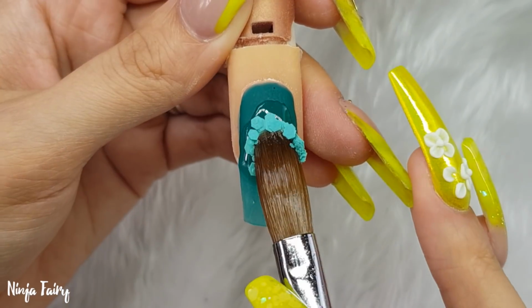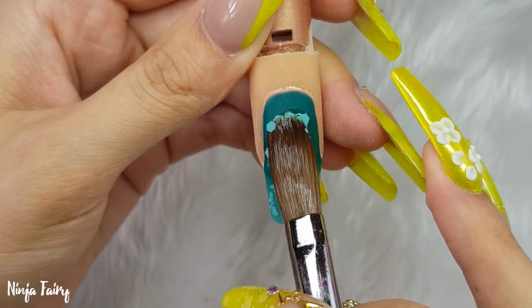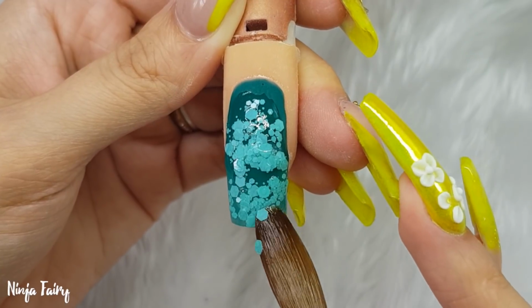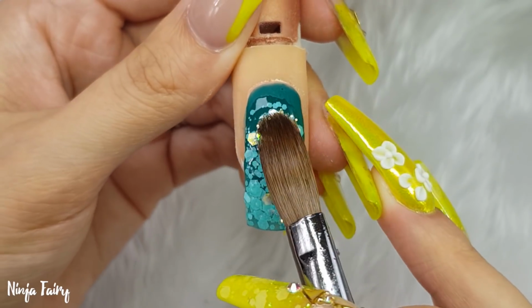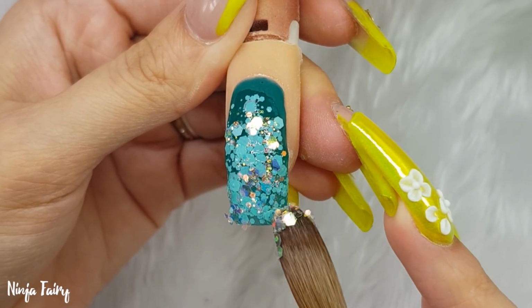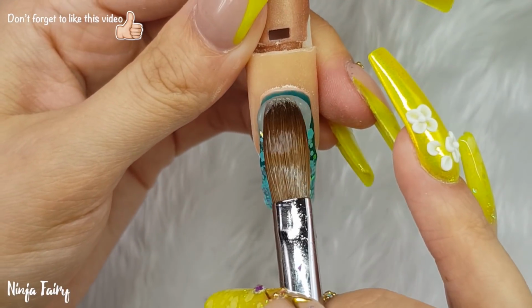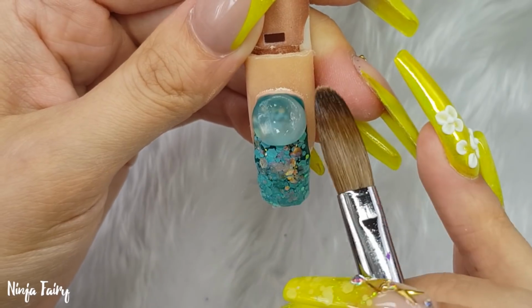and this is just going to act as a base for my glitters, and I'm using Mint Delight first, and it just went so stunning with the base colour that I had used. Honestly, it was gorgeous. And then when I put the Reflex over the top, it literally was even better. And Reflex is one of my favourite glitters from Glitter Planet as well, because you can literally put it with anything, along with like rainbow bokeh and rainbow lights. Literal goals. So yeah, once I'm happy with my glitter placement, I'm just coming in with clear and capping the